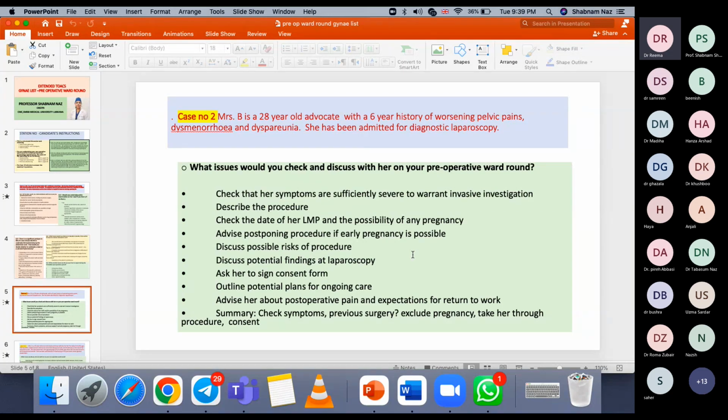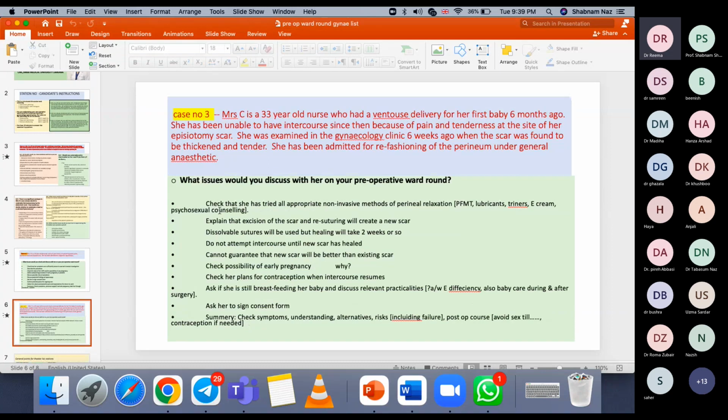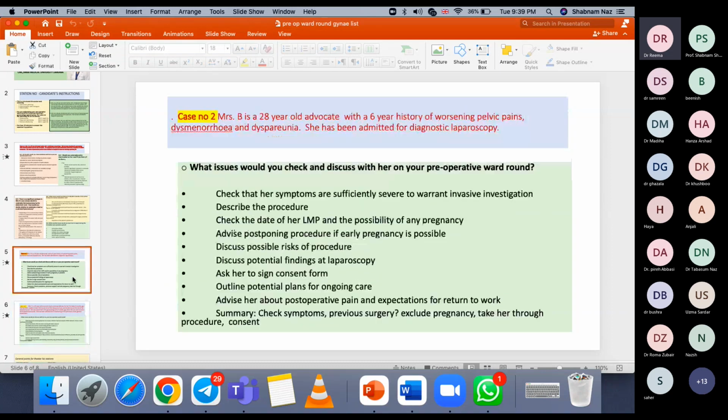I will ask for any drug allergy and previous surgical history, any comorbidities like diabetes, hypertension, asthma. I will ask about the blood group, and I will make sure that the cross match has been done in case of any bleeding. It is less likely to need a transfusion in this case, but anytime you need. And ma'am, I will look for the BMI of the patient, and ma'am, that's all, I guess.